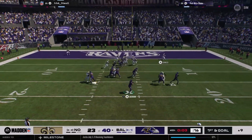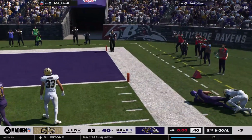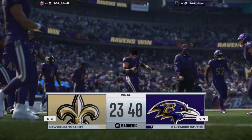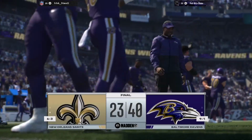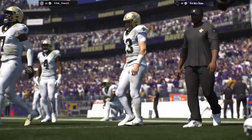To throw is Jackson. And it's caught. And inside the 5 here before he's out of bounds right at the 3. Charles, a lot of happy faces heading into the tunnel as this one ends, and understandably so. Not only did they get